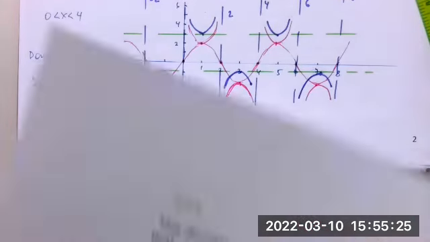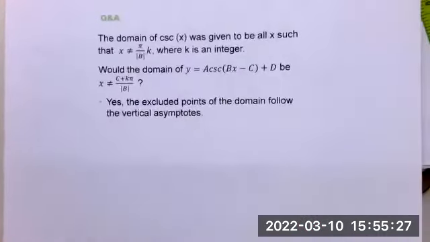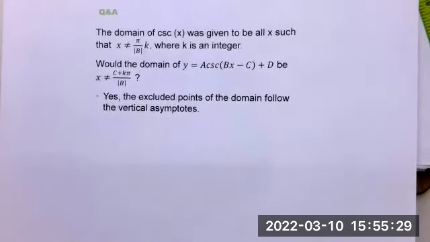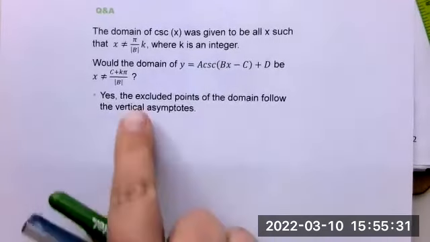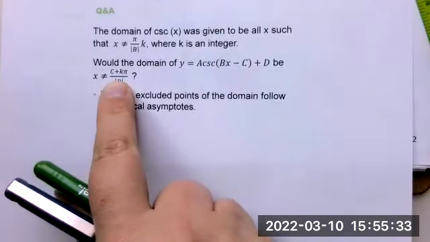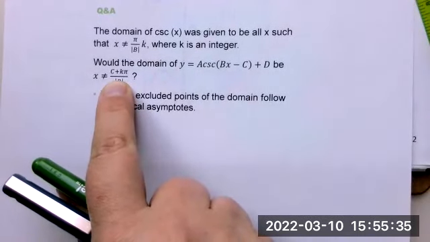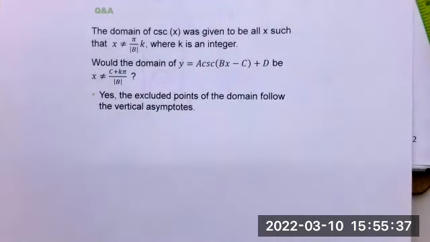In general, if you need to write the domain and range of this function, you're going to find that domain in this